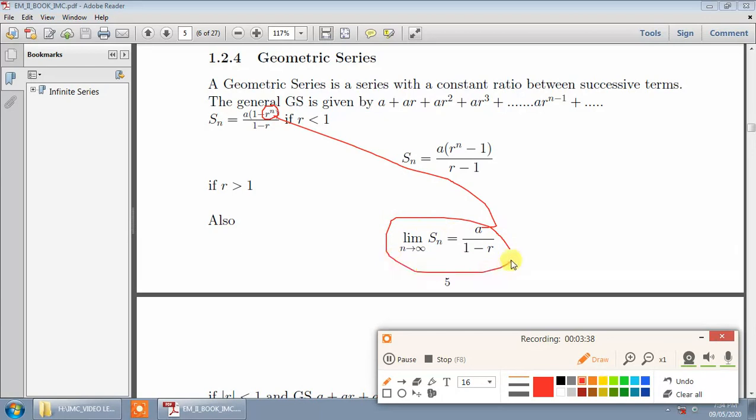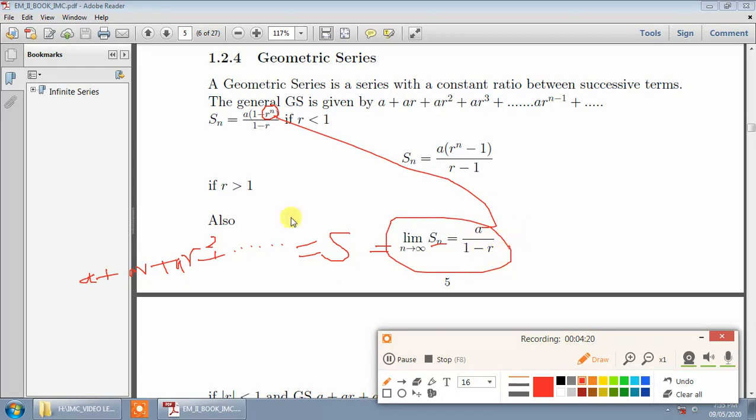So that is what we call s, and s is nothing but a plus ar plus ar square plus and so on up to infinity. If you take infinite terms here, we denote it simply by s, not by Sn. Sn is the partial sum. If I take limit n to infinity of Sn, we get s. We get the summation of all infinite terms, and its value for a geometric series is given by a divided by 1 minus r. a is the first term and r is the common ratio.